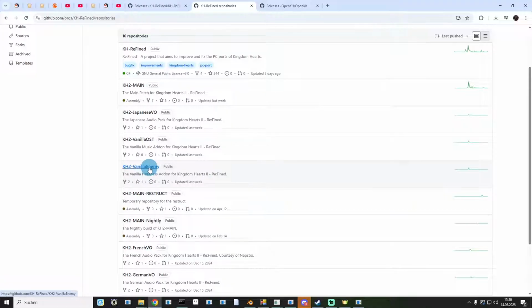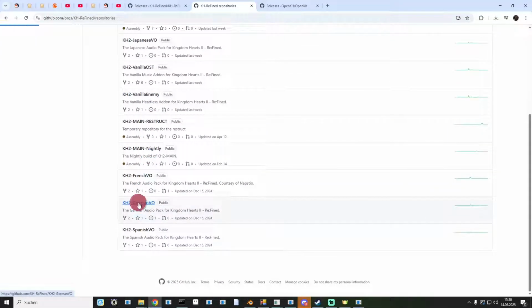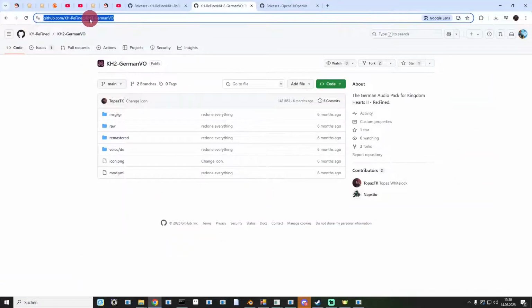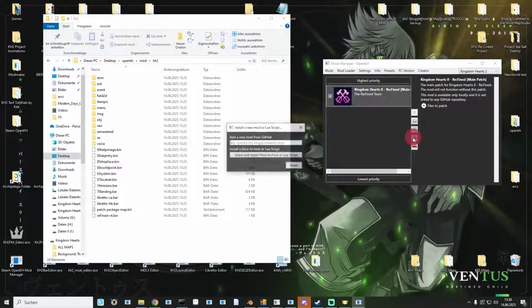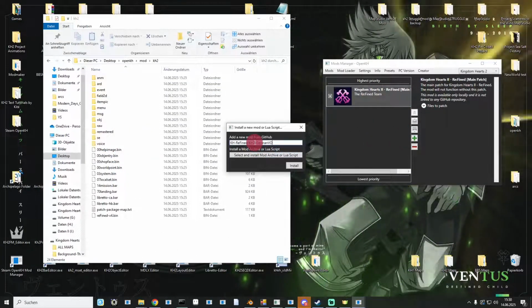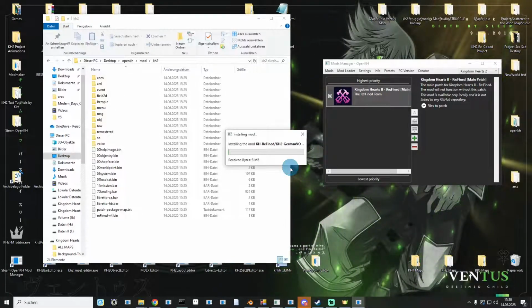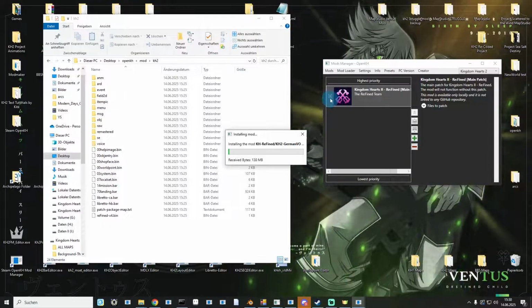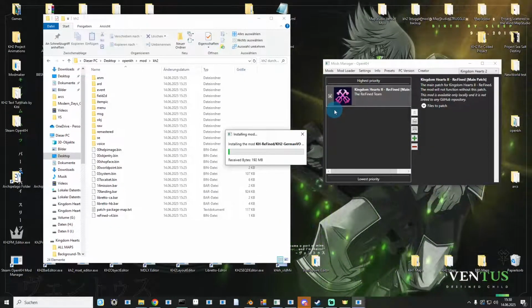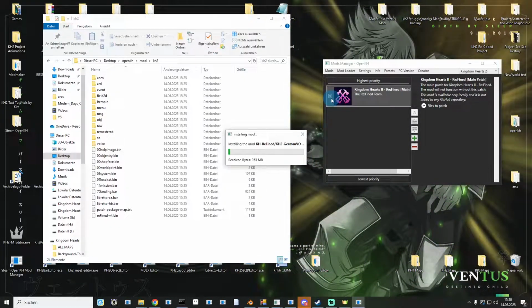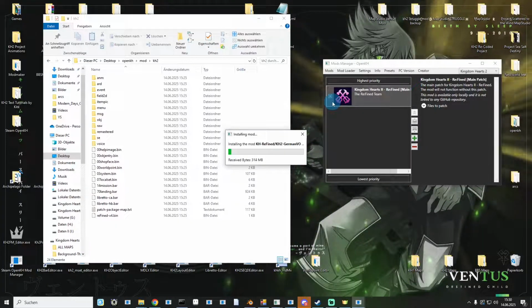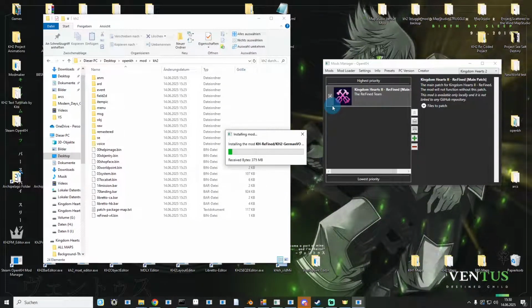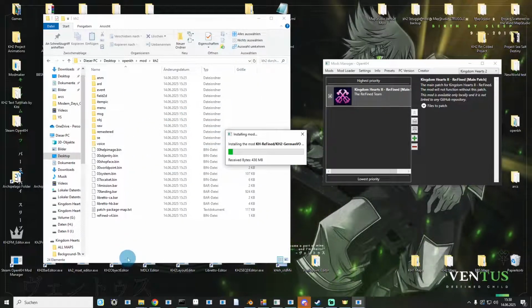So I'm going for the German voice pack, and then I go up here again, copy this part of the name, click on the plus, paste it in here, install, and boom, mod found. You can activate it when you click the checkbox in here. You can uncheck the box if you want to remove a mod or something,